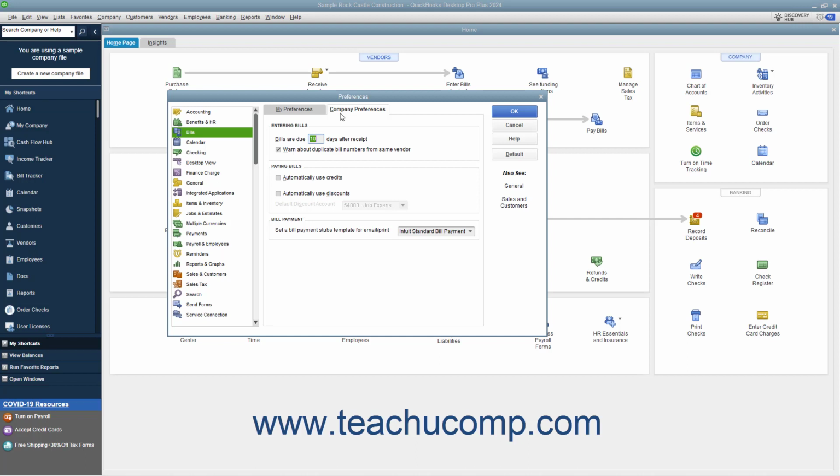In the Entering Bills section, enter the default number of days after entry that bills without a due date should be paid by typing a number into the Bills Are Due blank days after receipt field. You can also check the Warn About Duplicate Bill Numbers from Same Vendor checkbox to be alerted to that fact